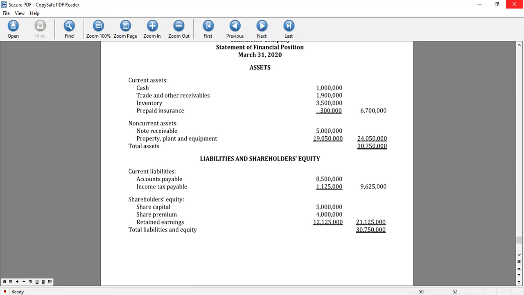Normally, debit to income tax expense and credit to income tax payable. So we have the total of the current liabilities. Then for shareholders' equity, we have share capital. Here the beginning balance is 5 million, and then we add share premium equal to 4 million and the retained earnings of